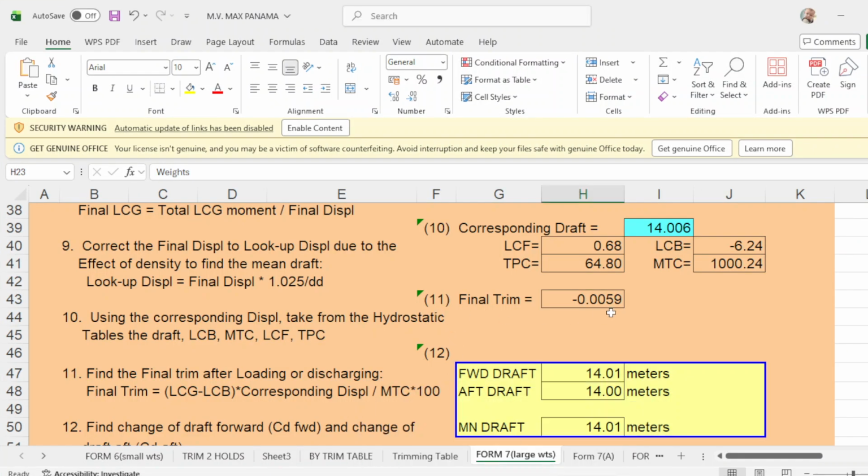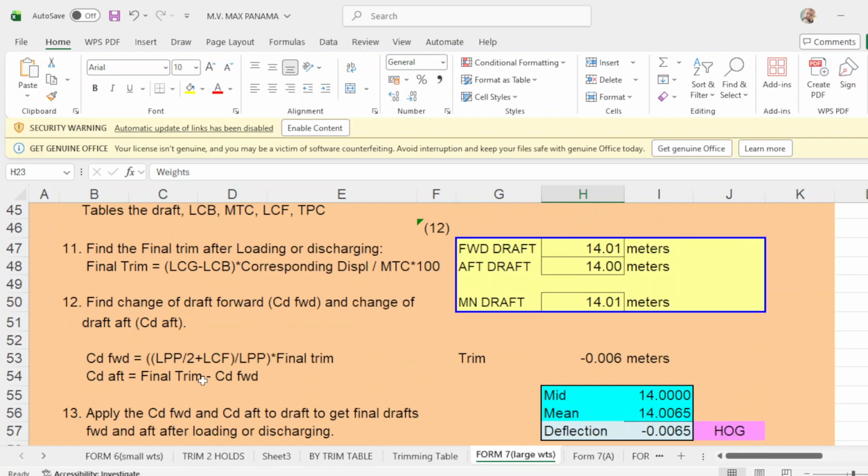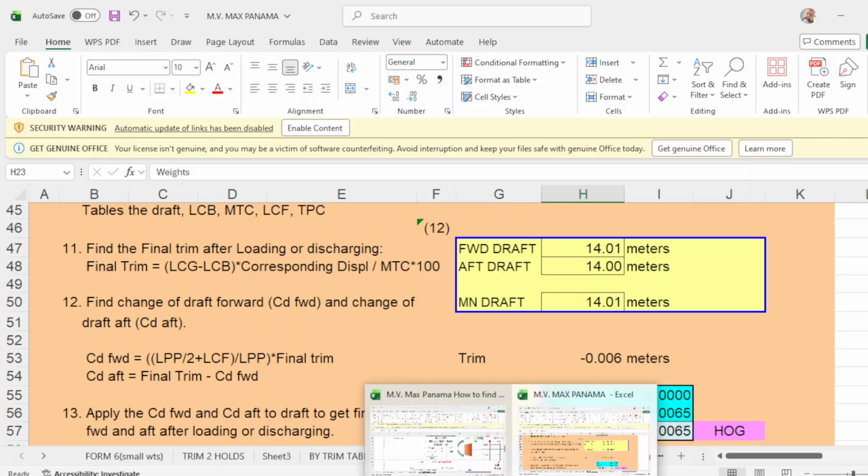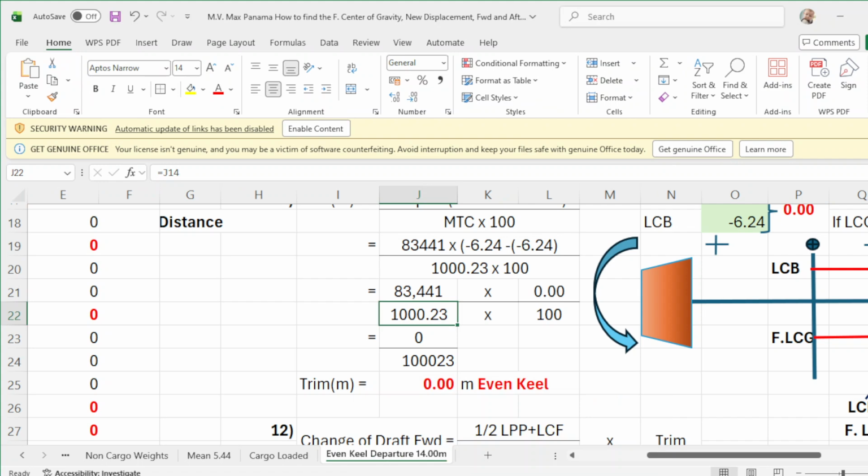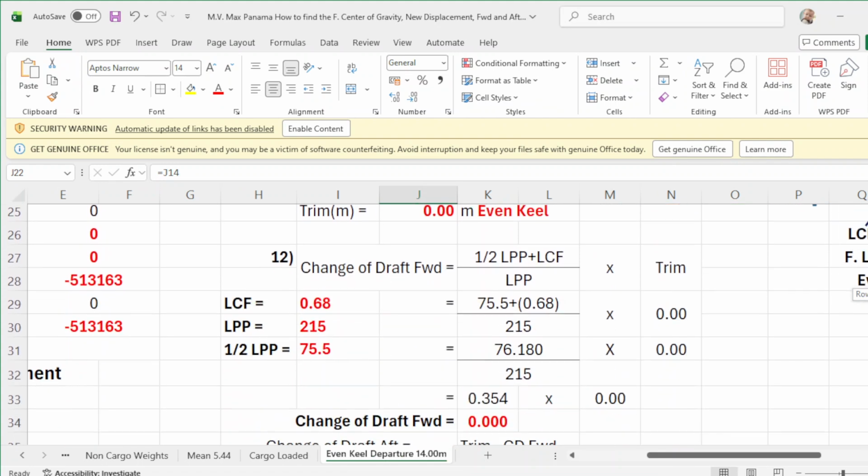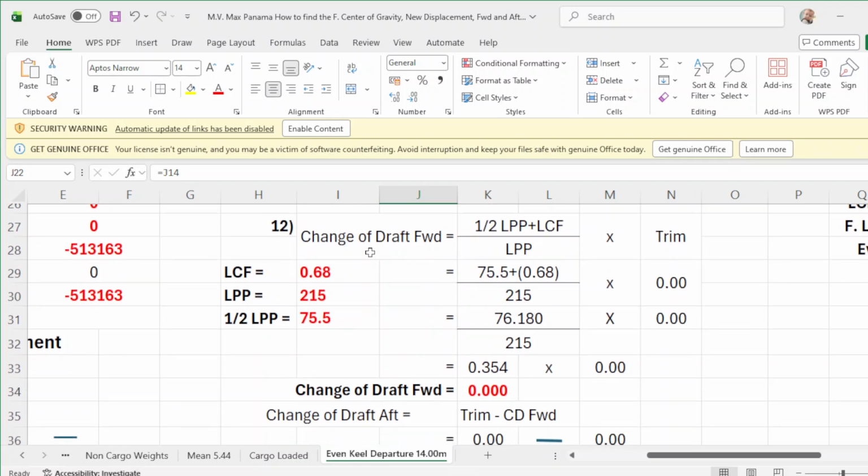11 is 0. Number 12, you will apply your change of drop forward and change of drop up. When you apply this one, this will be your final drop. So what I have here, number 12, to get the change of drop forward: 1/2 LPP plus LCF over LPP times trim. So what is your LPP?